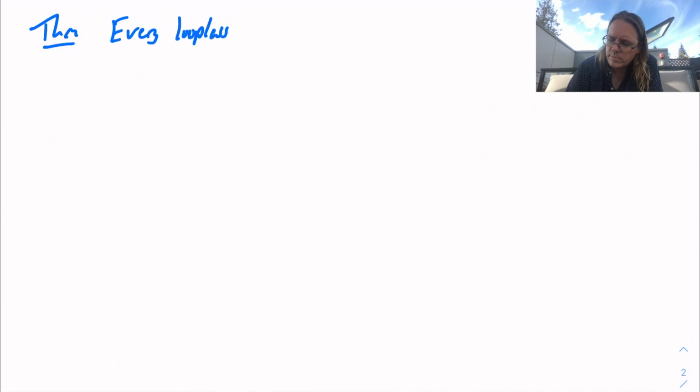So let's do one more. I guess this one's called a theorem in the notes, so I'll call it a theorem too. The statement is that every loopless graph has a bipartite subgraph that contains at least half of its edges. So every loopless graph G has a bipartite subgraph